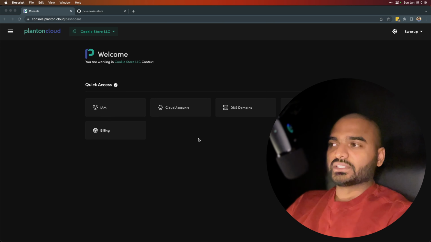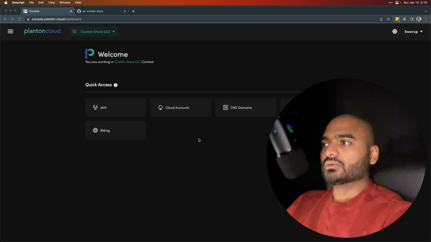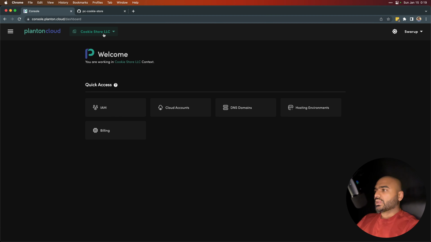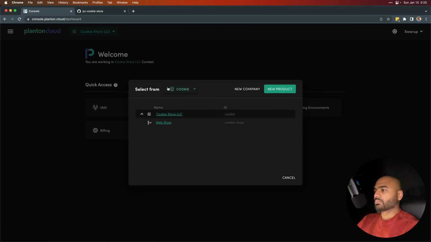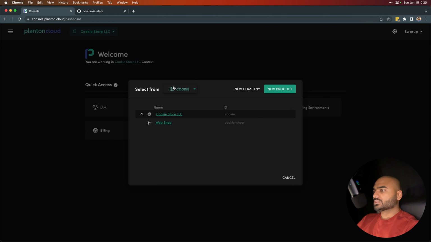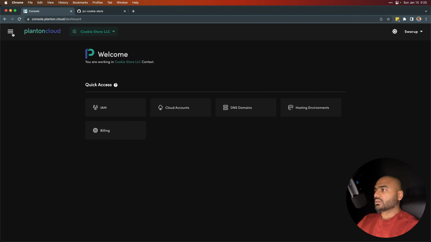Now let's proceed and see how I'm going to connect a GitHub organization that I've created to manage the source code repositories for the cookie store product that we are building here. This is the Planton Cloud console, and the current context that I've selected is cookie store LLC. In order to be able to connect, the first thing that you have to do is switch to a product context. Either you switch it from this context bar,